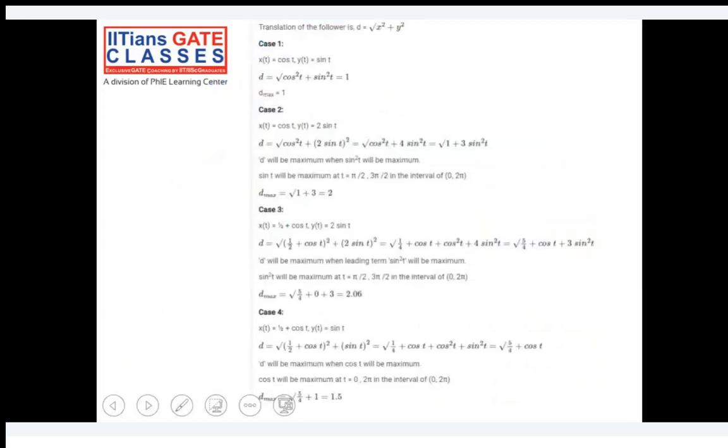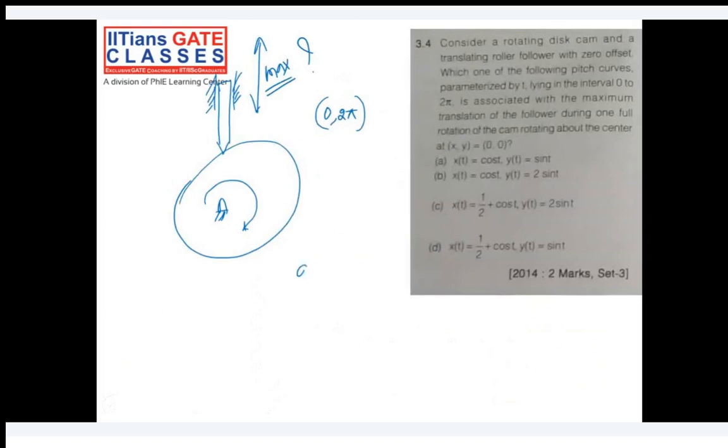So I'll give you a hint. Maximum translation of the follower is given by under root of x square plus y square. x is a function of time and y is also a function of time. x and y values are already given to you in all four. Make use of it and calculate the d value here. D means displacement, right? So under root of x square plus y square. So you will get how far your follower will reach in these motions, and whichever gives you the maximum value,